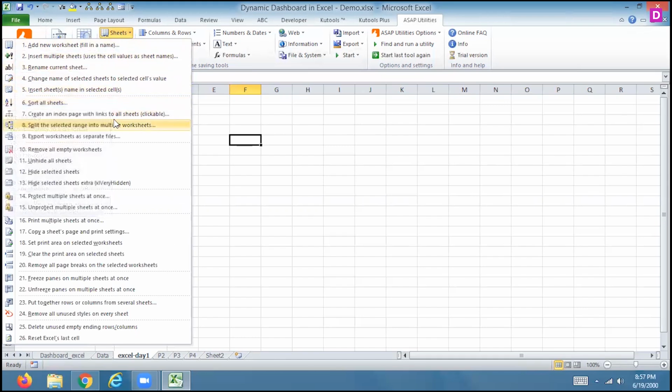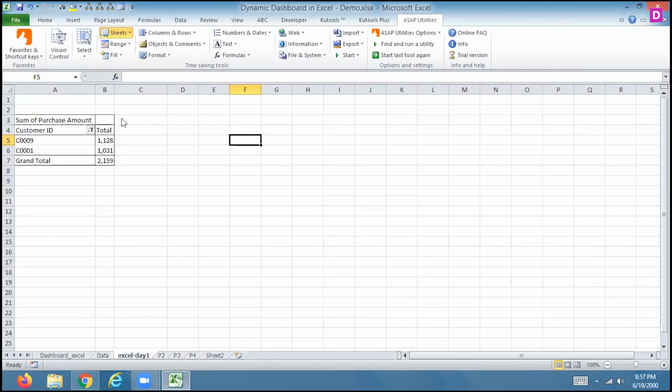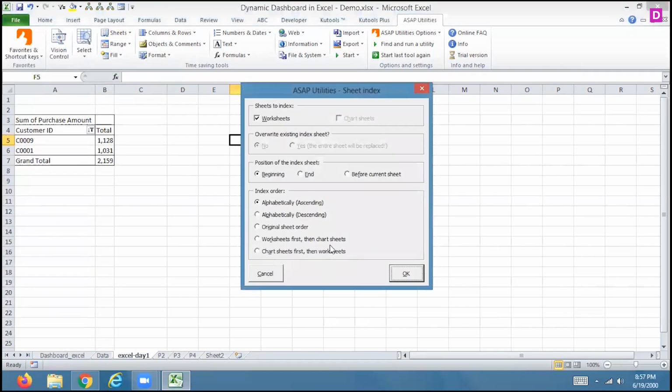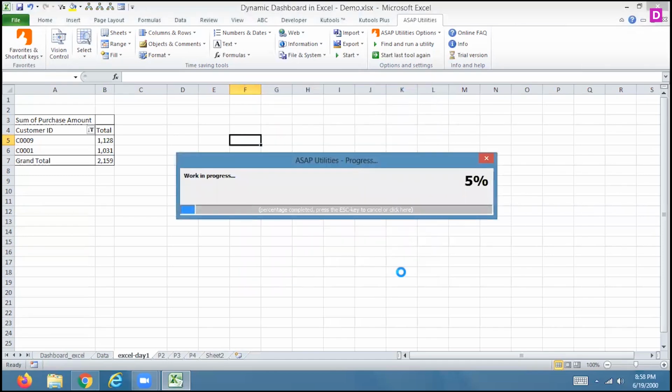Now, if you want to create the index page, only one click. If I use the index page with one click, then you can see here: create an index page, alphabetical order, ending, before current sheet, original sheet name, worksheet with first and chart name. You want to create your own data value. Now you can see here,